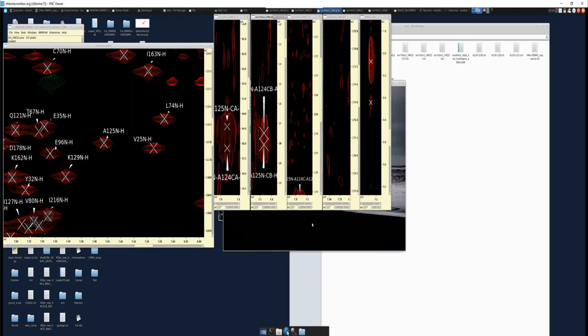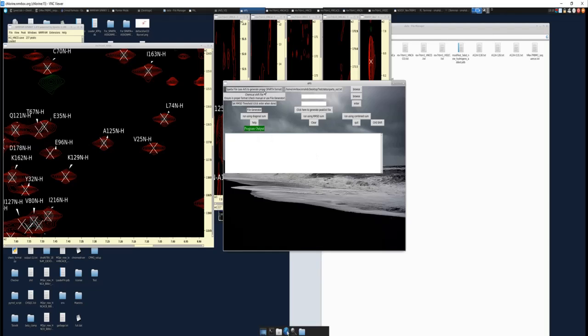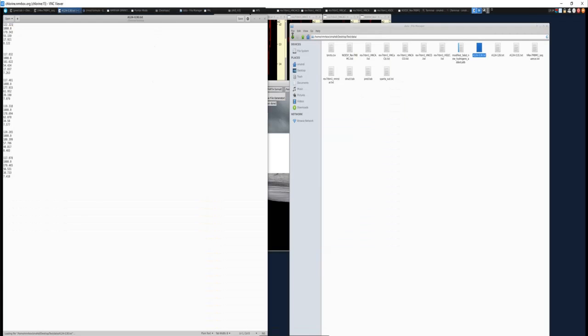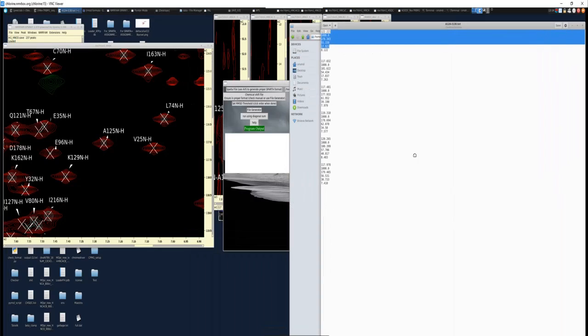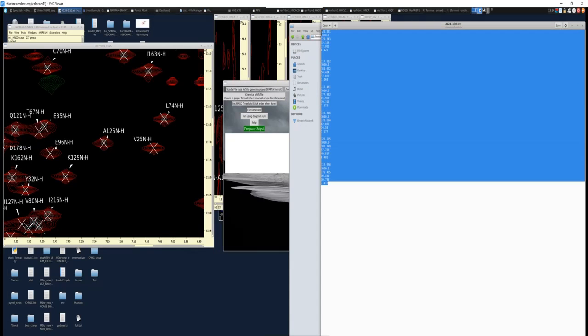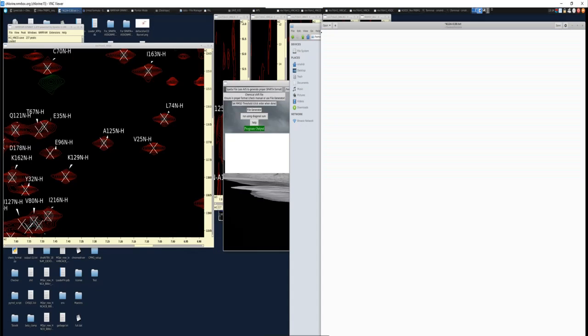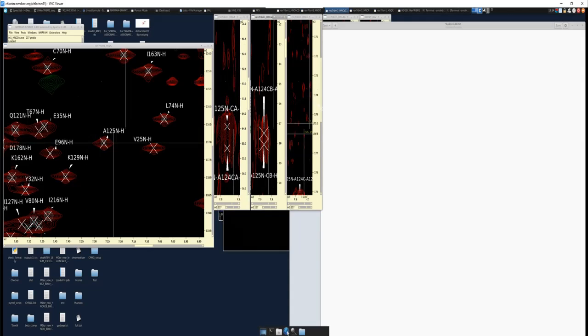Right? So that's where you can use this SPARTA+, this APS program, right? So what you do is you create an open text file. So let's say here, right? And let me get rid of all of this. And you input your chemical shift values starting from the I minus 1 going forward, right? So the very first entry here is going to be what you suspect to be the I minus 1 values,